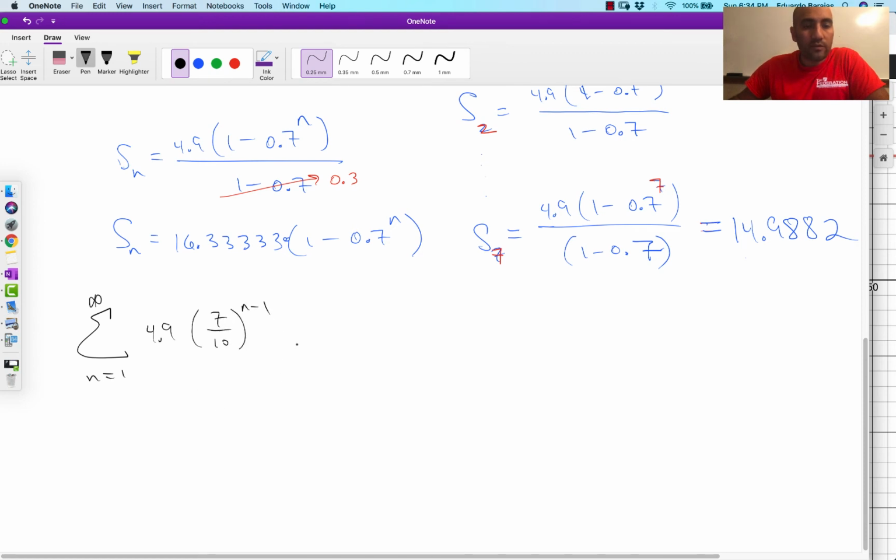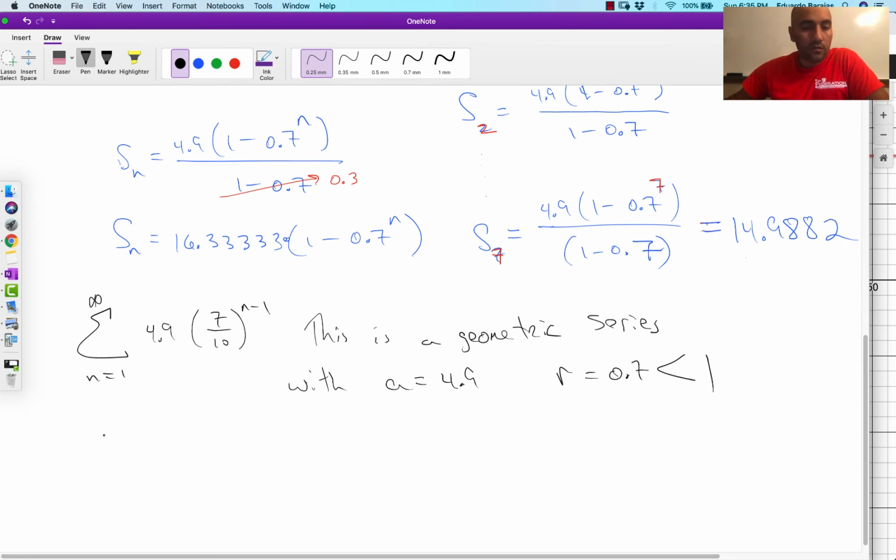So this is a geometric series with a equal to 4.9 and r equal to 7/10, which is 0.7, which is less than 1. So it converges